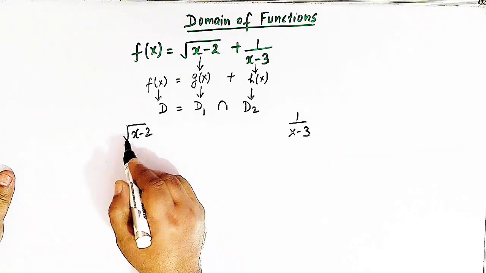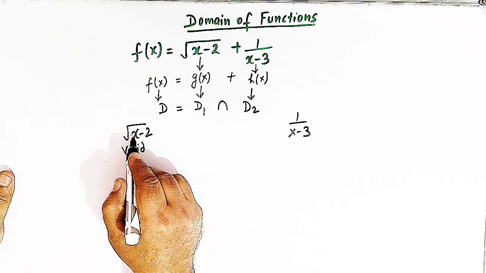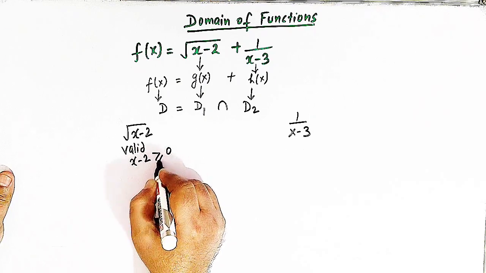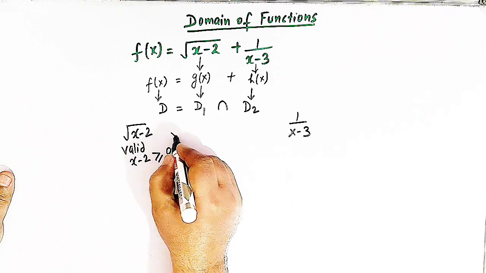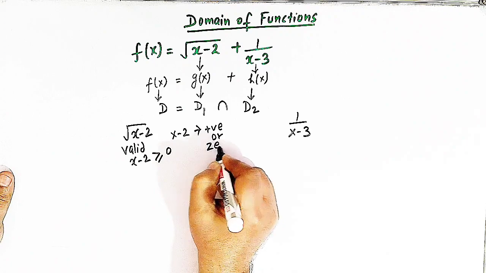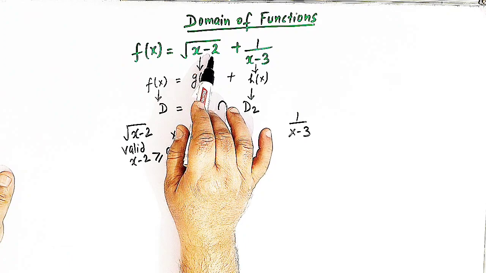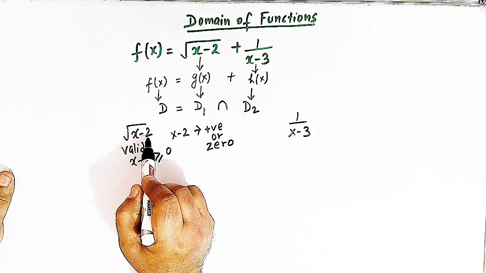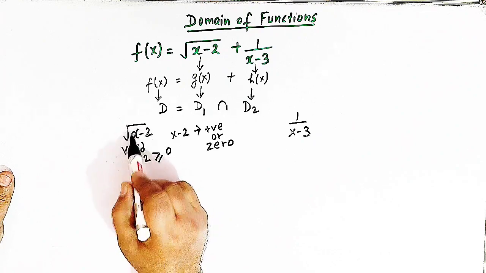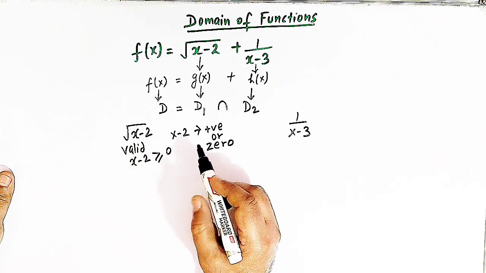So now the function square root of x minus 2 is valid only when x minus 2 is either greater than 0 or equal to 0, right? So x minus 2 has to be positive or 0 in order to define this function g of x, because if x minus 2 is negative, then this expression becomes a negative expression inside the square root sign, and in that case we'll get a complex